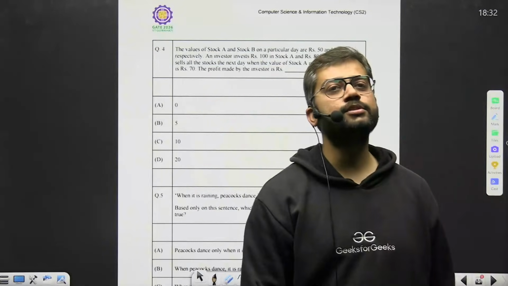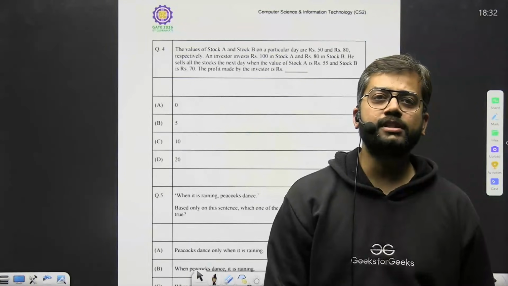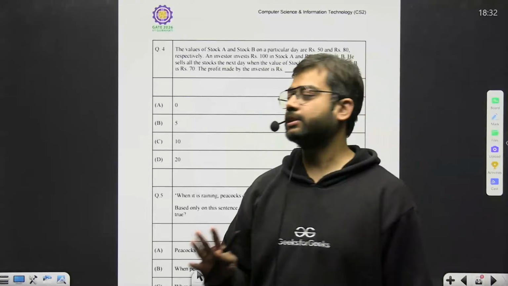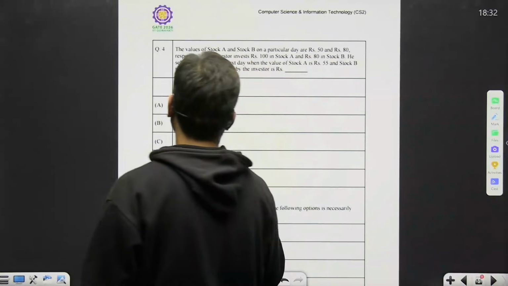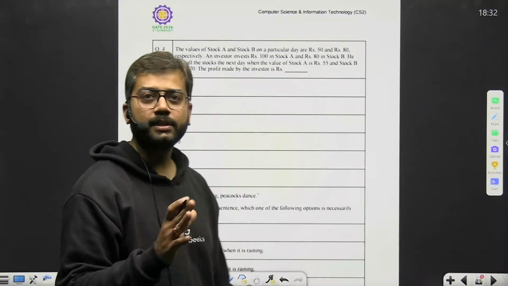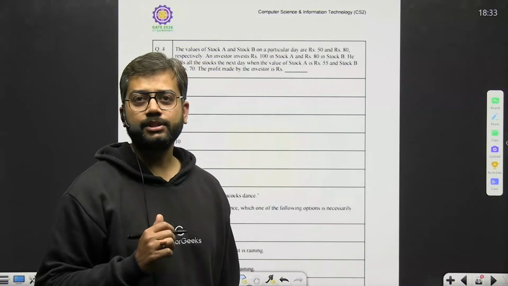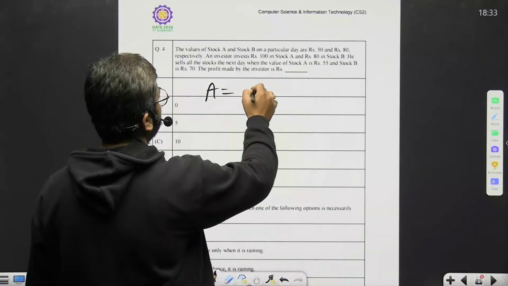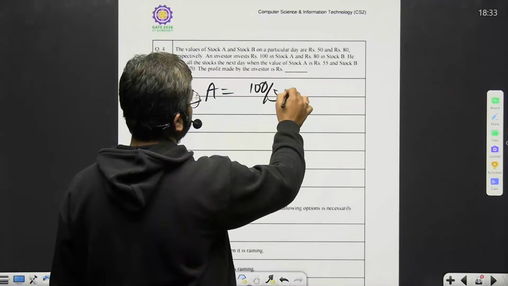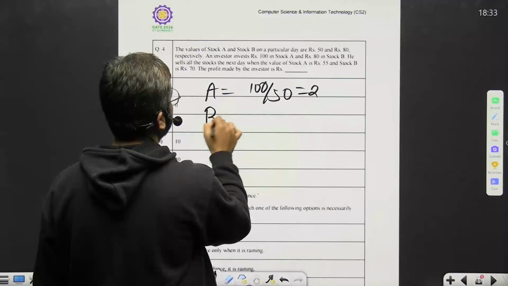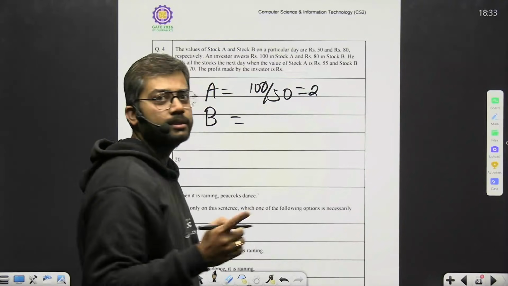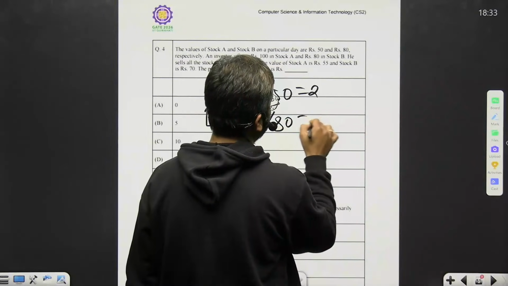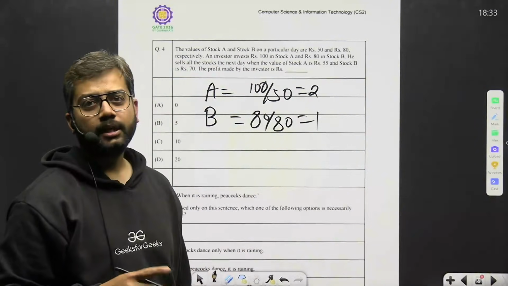देखो अब इस टाइप के क्वेश्चंस के लिए आप प्रॉफिट लॉस का पूरा कॉन्सेप्ट जानने की जरूरत नहीं है, बस थोड़ा बहुत जानने की जरूरत थी। पहले एक बात बताइए, अब मैं आपसे सीधे सीधे क्वेश्चन पूछ रहा हूँ, आप मुझे बताना, ठीक है। पहले आप ये पता कर सकते हो क्या, स्टॉक ए कितना परचेज किया गया था, ठीक है। अगर देखा जाए तो ए का स्टॉक जो हो गया वो 100/50 हो गया, तो ये तो 2 स्टॉक हो गया। और स्टॉक बी कितना हो गया हमारे पास 80/80 हो गया, एक शेयर हो गया, ठीक है।